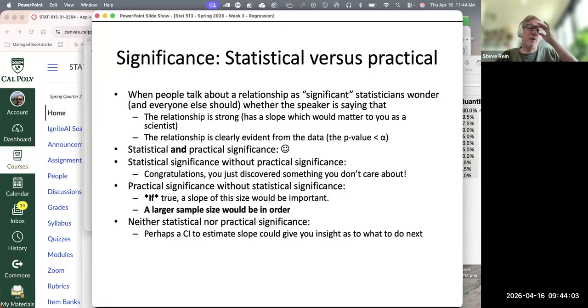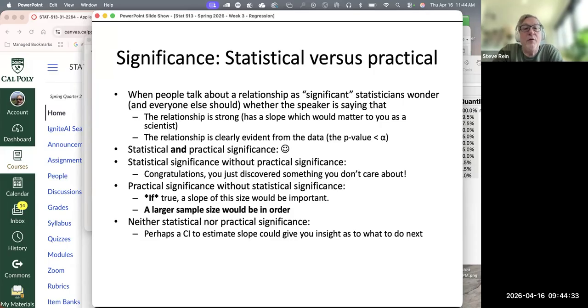Okay, let's talk about statistical significance. That's a tough one. I'll just say, is the relationship statistically significant or not? Oh, that sounds like a hypothesis test. Is there a relationship or not? Statistical significance only is related to, do we see a trend? Is the data showing a trend in a clear and evident fashion? Is the p-value below some arbitrary cutoff, alpha 0.05?